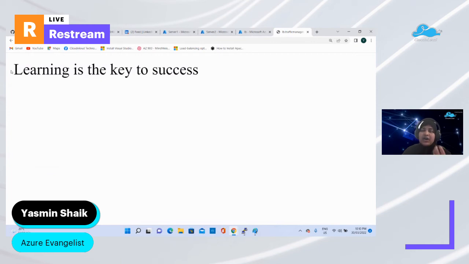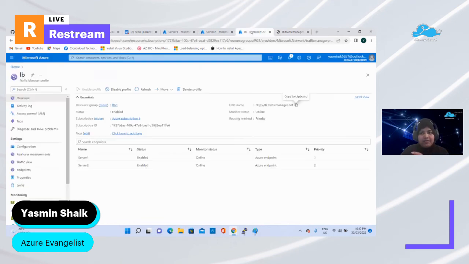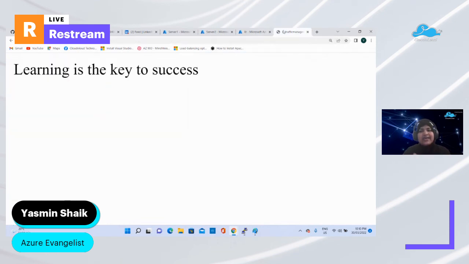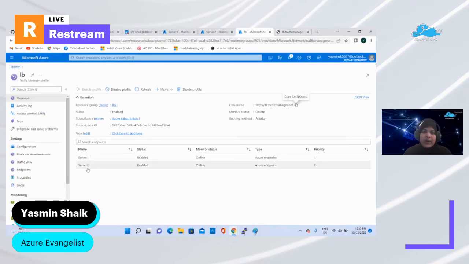Likewise, if your developer is going to host their web applications, that web page will be displayed to the user here. So I just wanted to show this. I have not done anything. I have just copy-pasted the URL of the load balancer, and it directly redirected to server 1, right? I will tell you why.